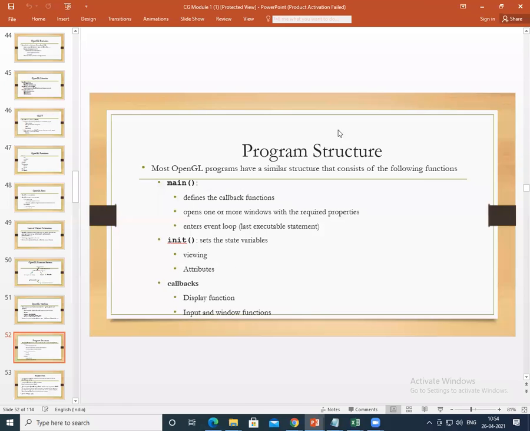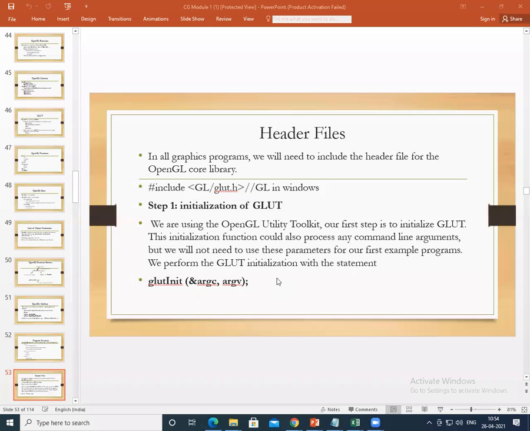Then a few initialization functions that help in viewing and setting the attributes. And we have a display function majorly, that is a callback function, and input and window functions. Let us now go into detail.